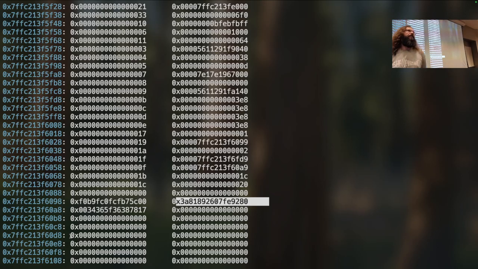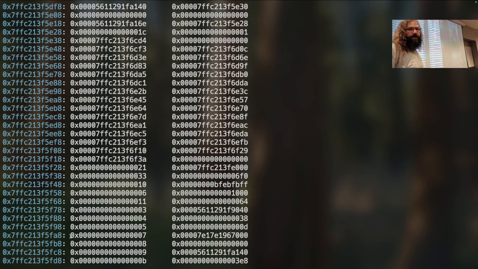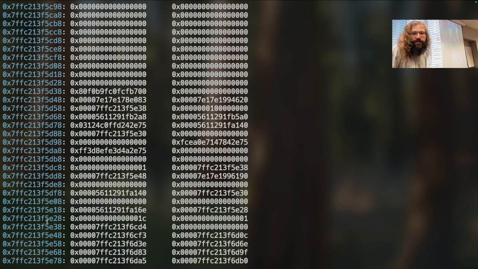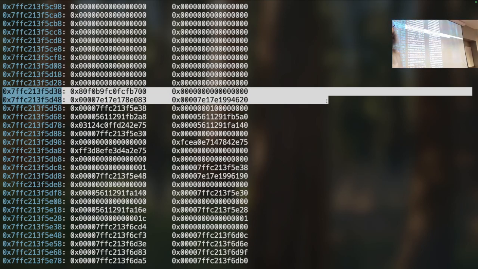What is a problem that I'll inevitably run into? Canaries. What else is a problem? We can just focus on this area right here, where I have a canary, a saved RBP, and then a saved return address. You might override something that disrupts the control flow.